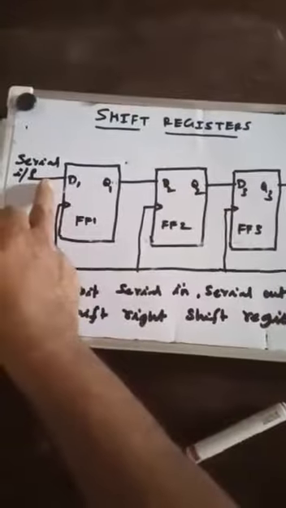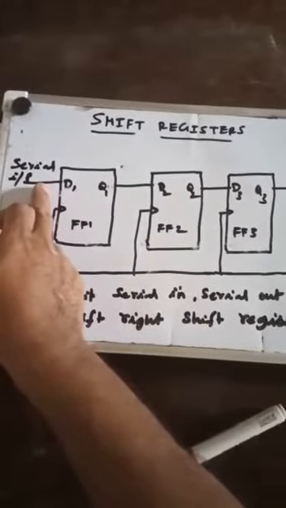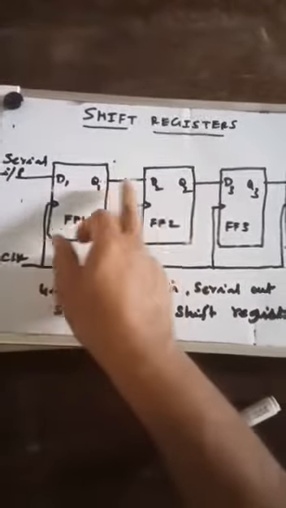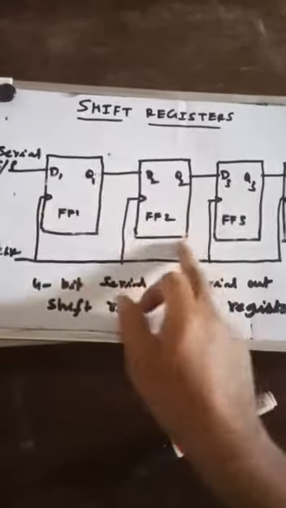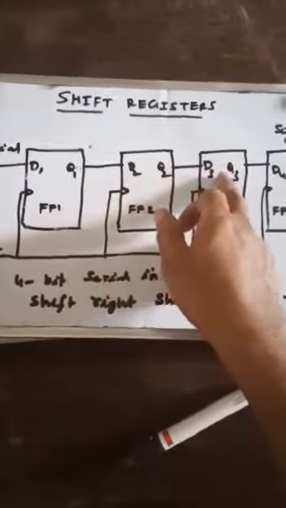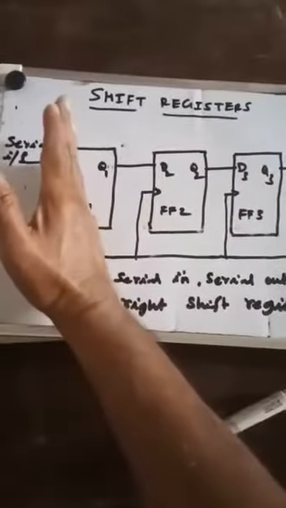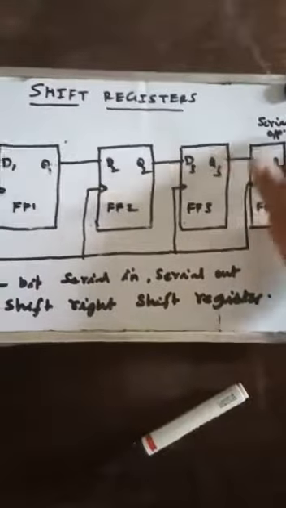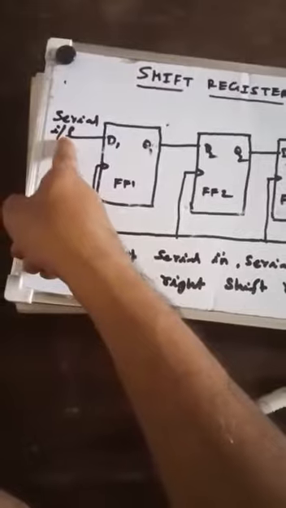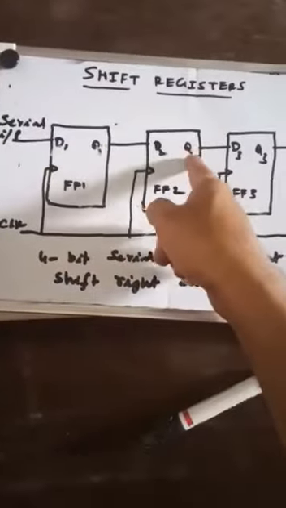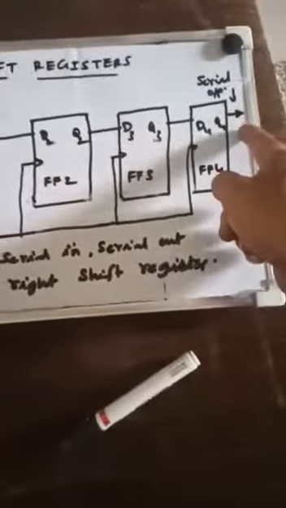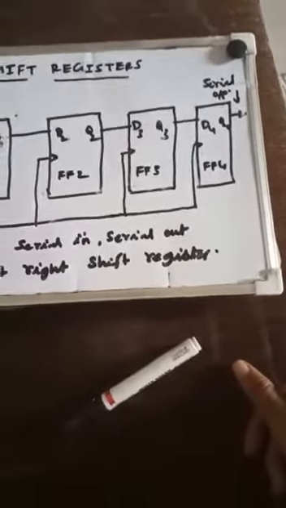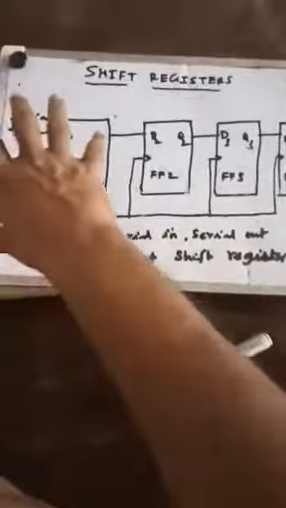Thus the serial input information is transferred from FF1 through Q1 and applied to D2 of FF2, and from Q2 it is applied to D3. Thus the same 1 is transferred along and comes out. This is what is called serial out. Once the input is 1, it is transferred to Q1, then Q2, then Q3, and then output. Since the data has been transferred from left to right, it is called a shift right register.